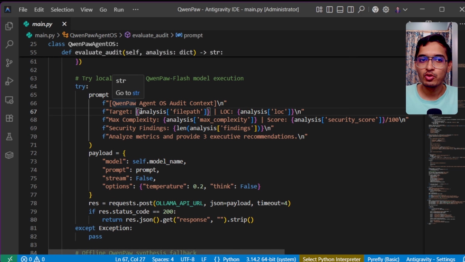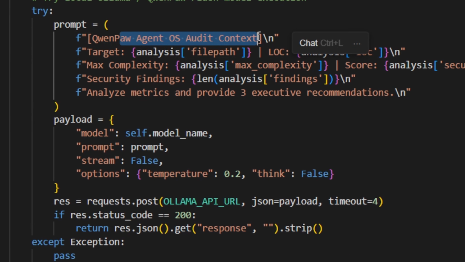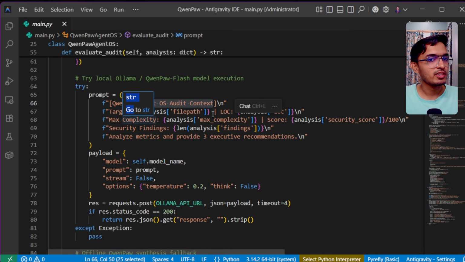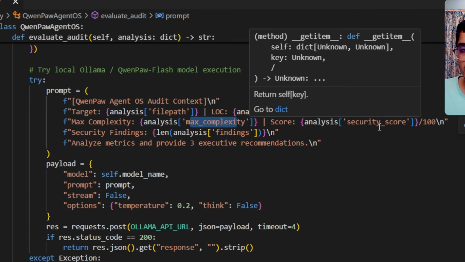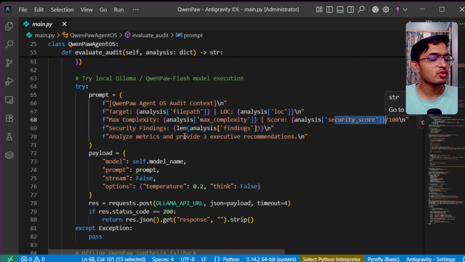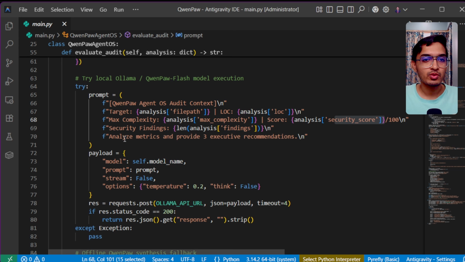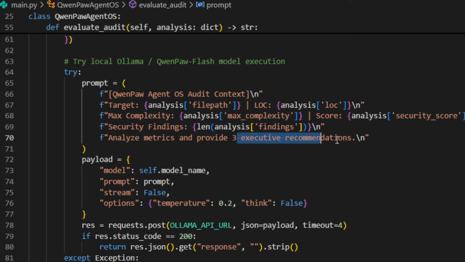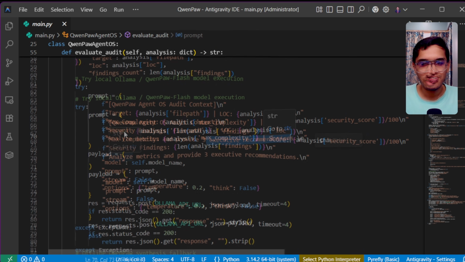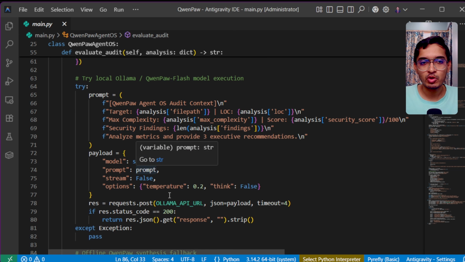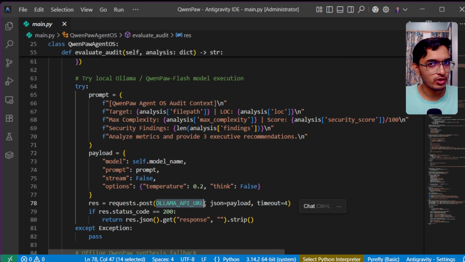We are going to build a prompt that this is a QwenPaw agent OS audit context. The target is the file path that we are giving as the sample code. Then we are going to be checking all the complexities, the security score, and all the security findings from the QwenPaw tool, and then use the Ollama model to analyze the metrics and provide 3 executive recommendations on our file. Then we are going to send this prompt to the Ollama model using the local Ollama API URL,